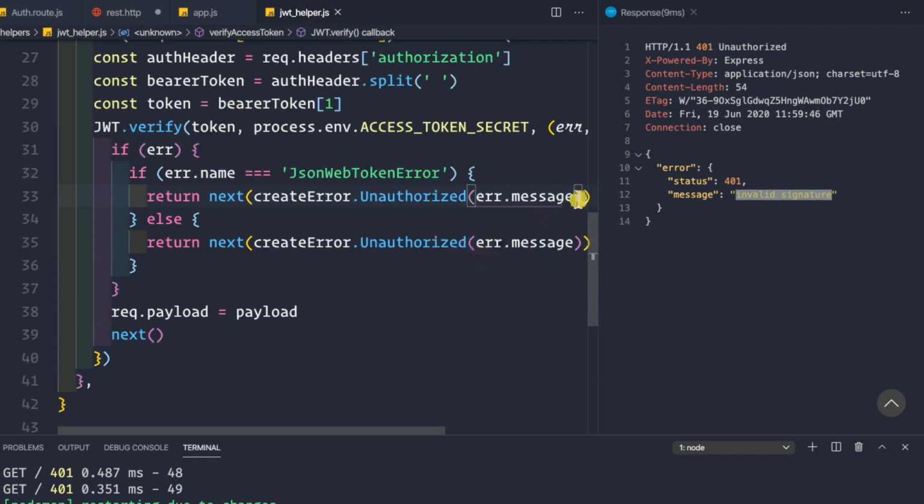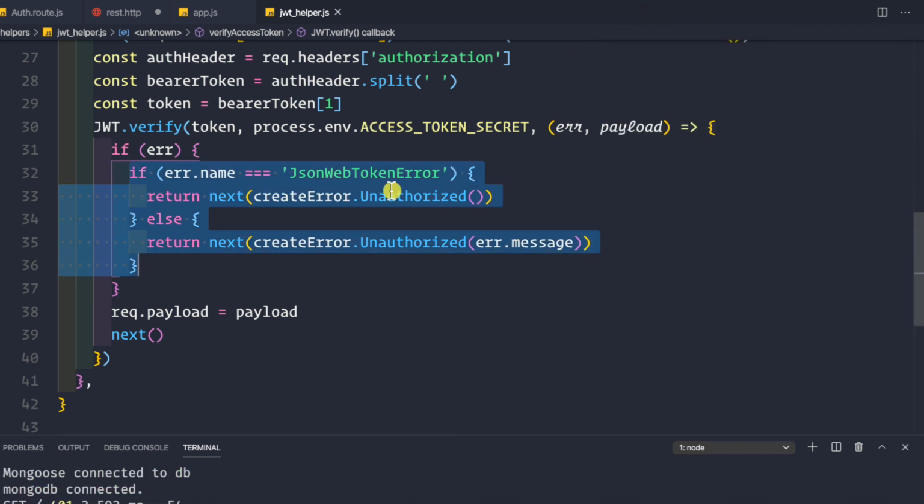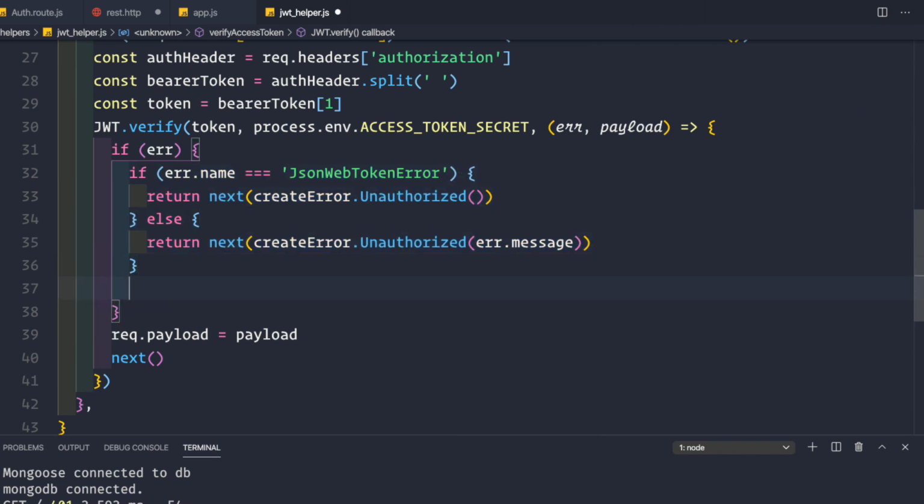So let's go to this JWT helper and remove this error message from here. Now let's simplify this if else statement into a single line using the ternary operator. We can simply say const message equal to error.name equal to JsonWebTokenError. Let me copy it from here.